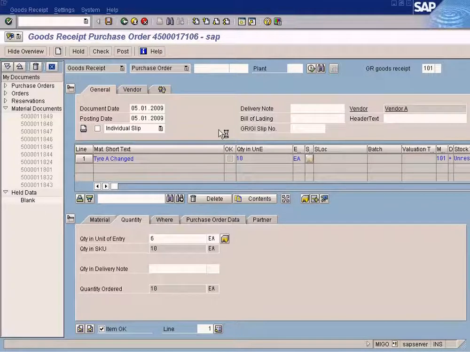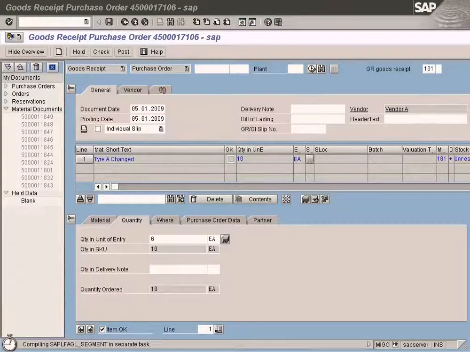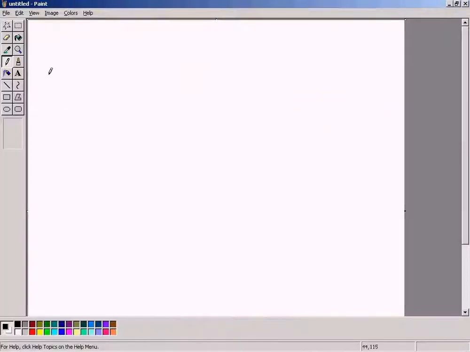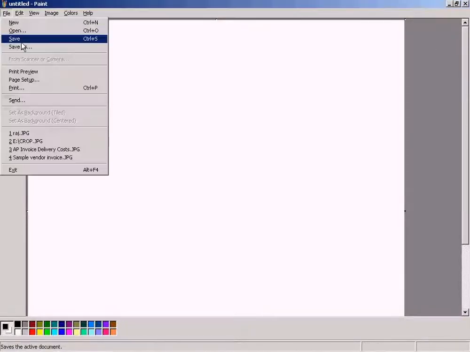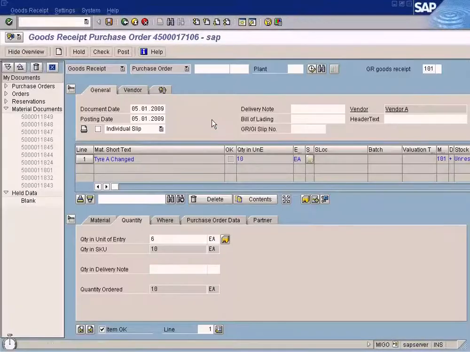Okay, I'm going to post this, and we can do a subsequent debit now. Let me pull out the sample invoice first. Sample vendor invoice. Alright, so 6 units is